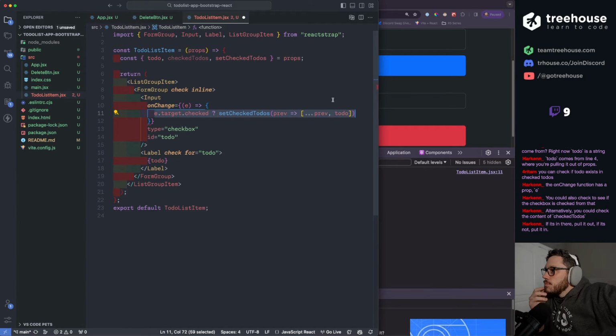Oh. If it's in there, pull it out. If it's not, put it in. Alternatively, you could check the content of checked to-dos. Yeah.